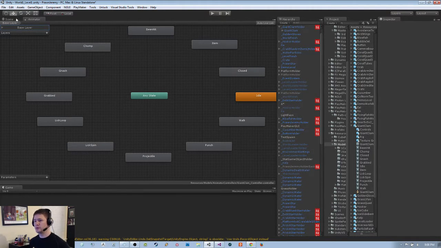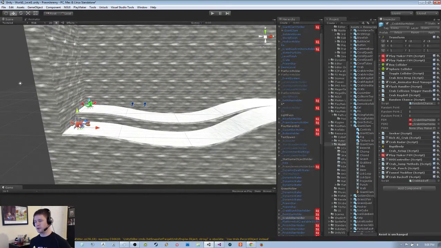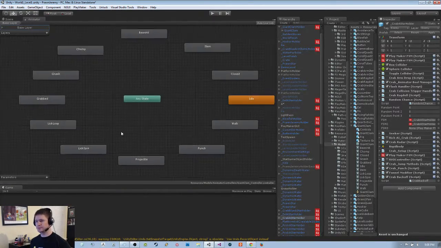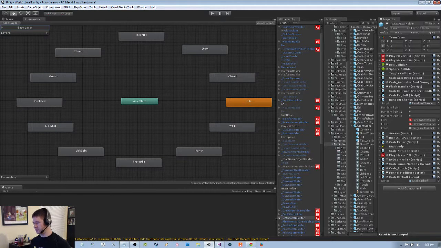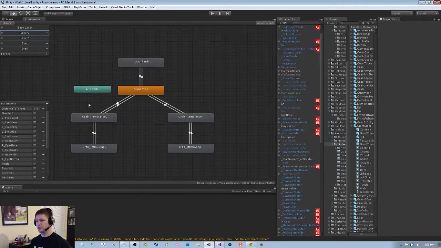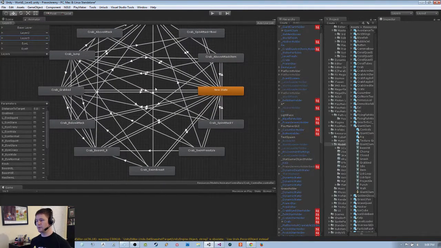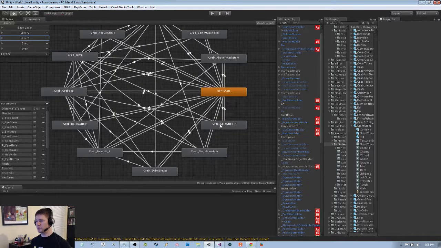Let me go check my crab here. Oop, I need to select the crab below it. Alright, layer 2 has the atom stance stuff, layer 3. Alright, so I have crab spin attack Y,